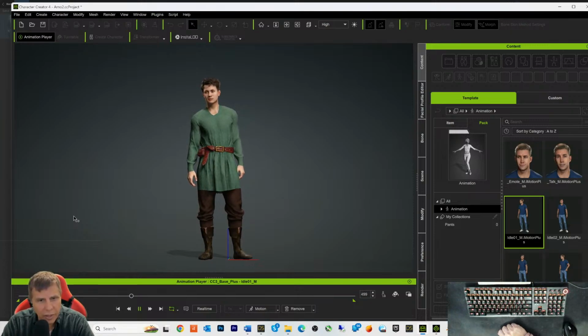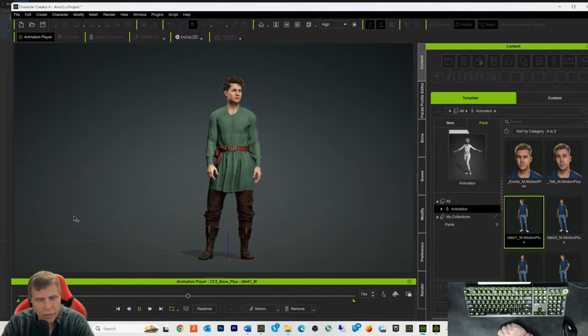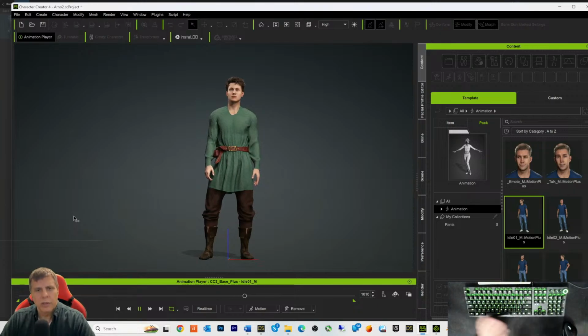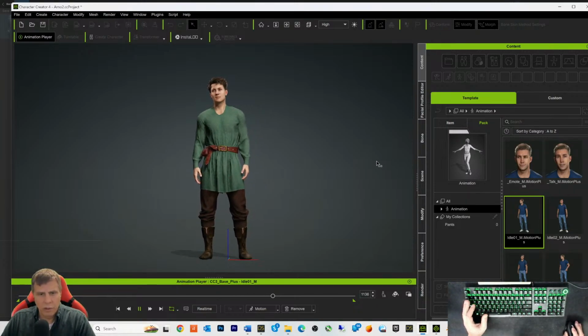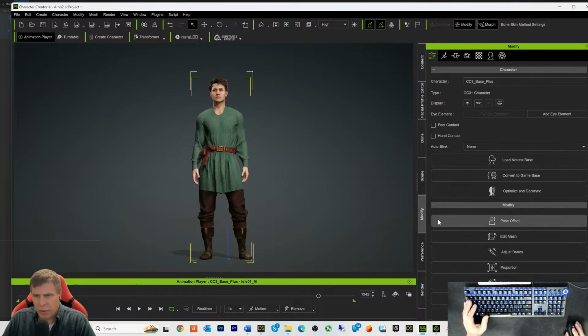Is his clothing actually... No, his clothing is as stiff as a board. His clothing doesn't have any weight map, and it's also poking through occasionally here and there. Not very pretty. So this was free clothing. I think I found a bunch of free stuff and downloaded it and had it brought into here. But let's see about this top and